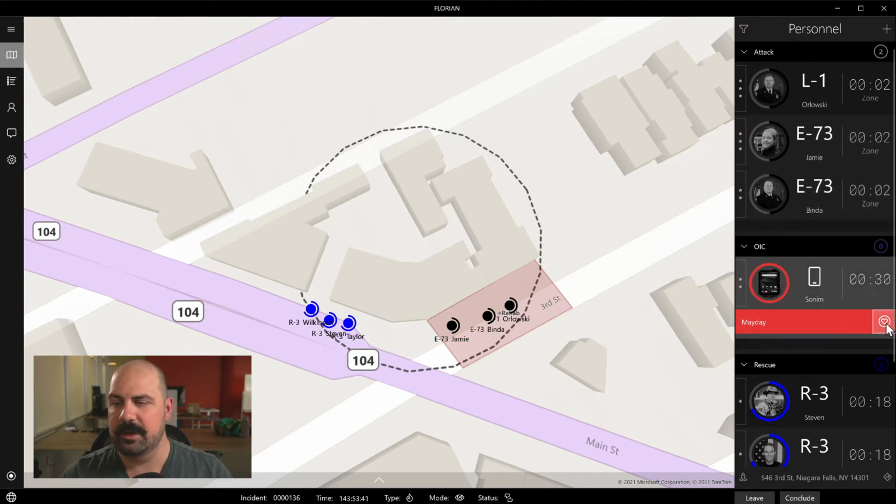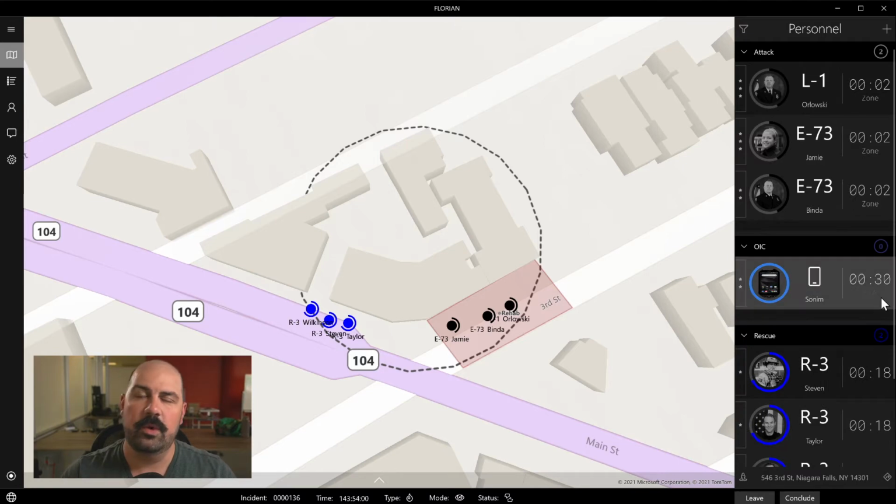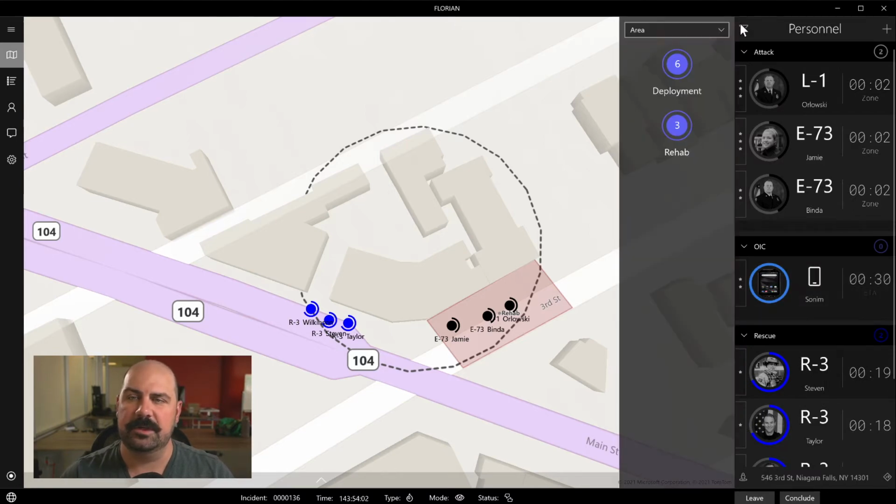So I'm going to go ahead and clear that Mayday. We also have the ability to filter. Let's say we wanted to filter by an area. We have our deployment area, which is this entire circle here, and then we also have rehab. So it also lets you know who's in a specific area. If I were to filter and say, I want to see who is inside rehab at the moment,